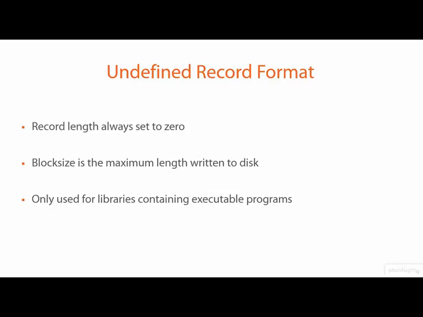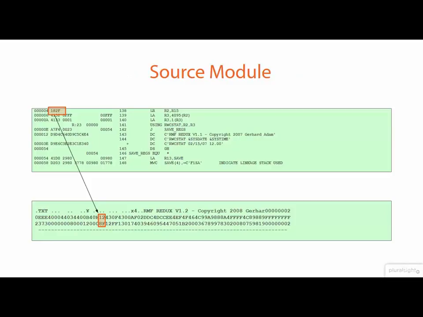Let's examine how this comes about. A source program or module is basically like a text file. It is something that we can read. In this example, the file in question is a listing of an assembler language program in z/OS. An assembler language program is written using mnemonics to produce machine language. So this example was chosen to illustrate how machine language is generated and is used to produce the final executable